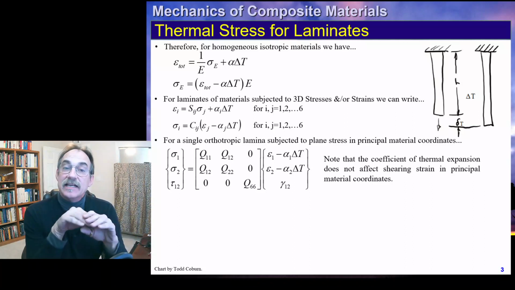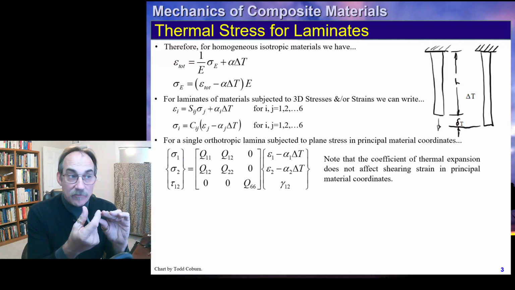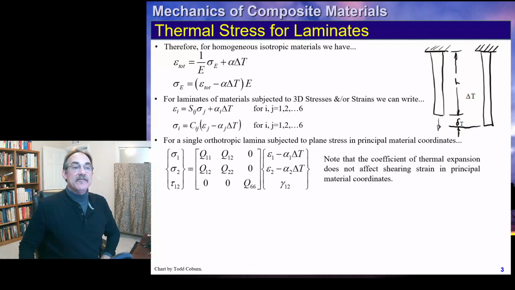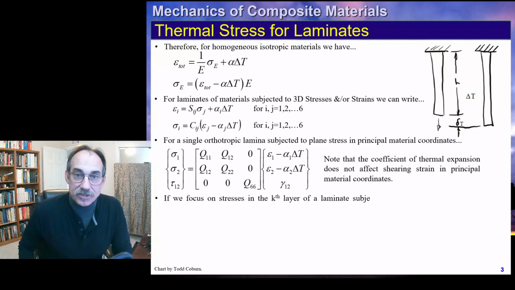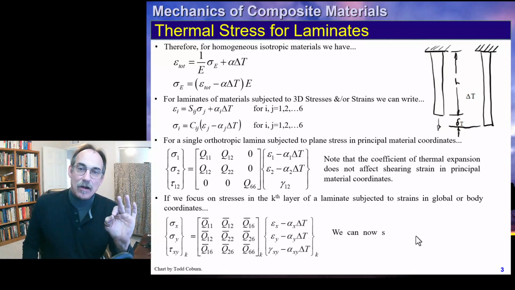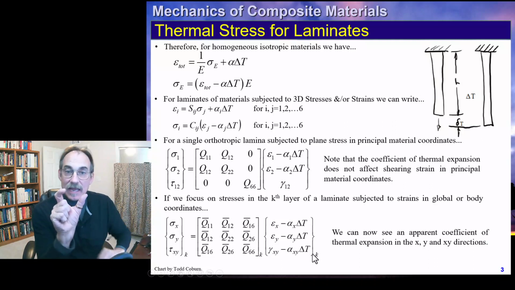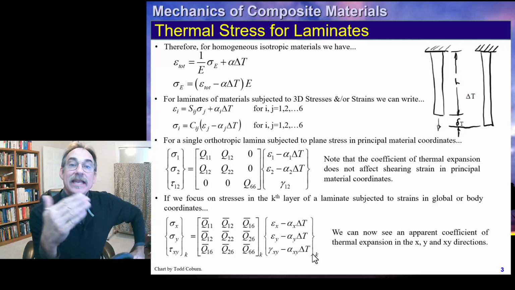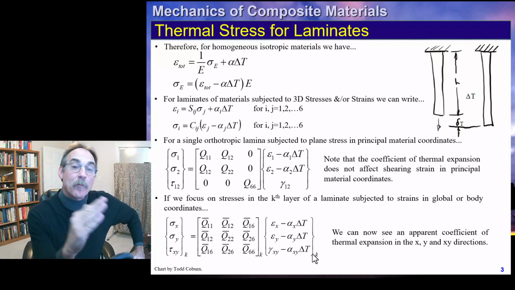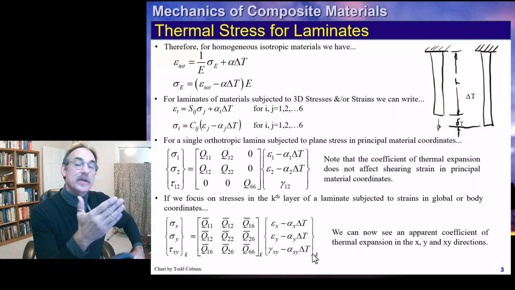Now this is if those loads and we're focused on the thermal effects in the principal material directions. If we happen to want to evaluate this in non-principal directions, then we can write it this way, and we can actually do this on a layer by layer level, where we take the strains on the layer in body coordinates minus the thermal strains for that laminate, pre-multiplied by the Q-bar matrix of that ply to get the stresses